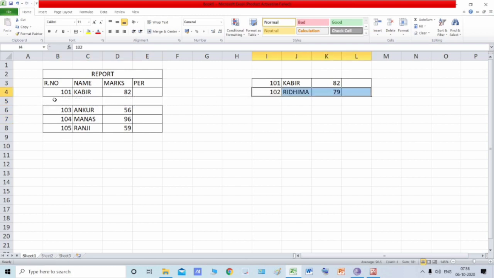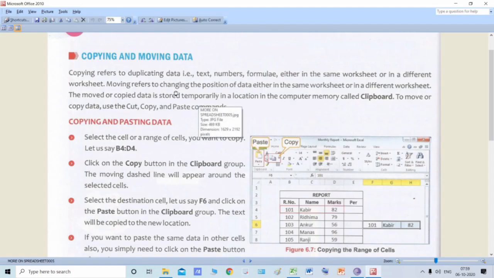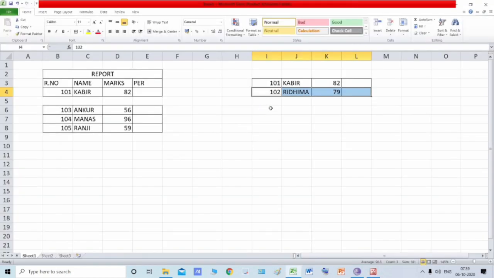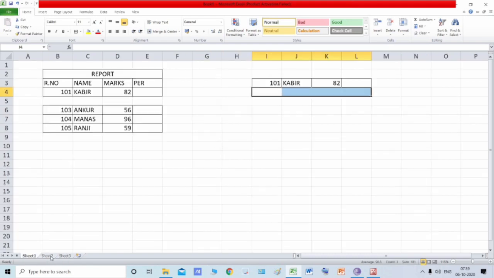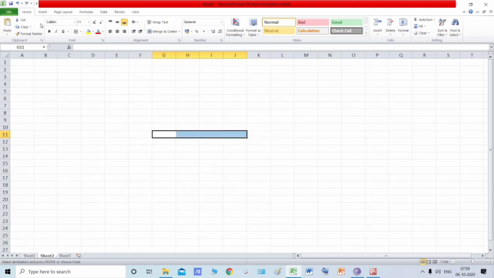That means it will no longer be present in the original position, but only in the new position. This is called moving the data. So you can also move your data from one worksheet to another. See, I have moved the data from sheet 1 to sheet 2.